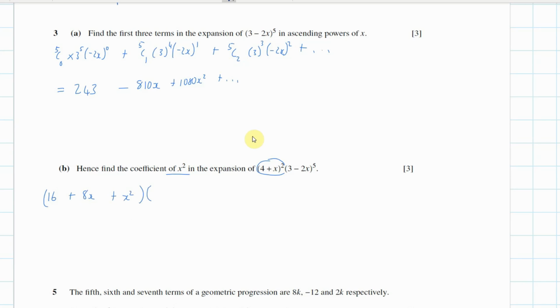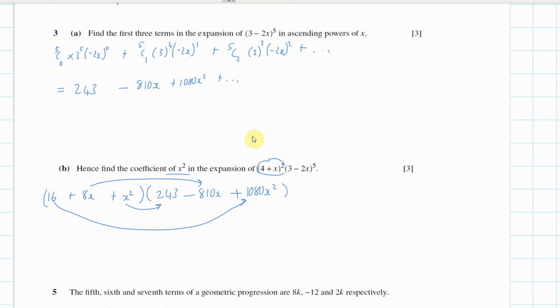And then into what I've just done, which is 243 minus 810x plus 1080x squared. Now I try to find the x squared coefficient. Now the number of ways we can do it: we can do this one times this one, this one times this one, and this one times this one. So 16 times 1080